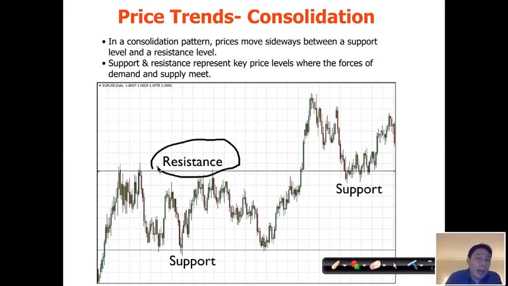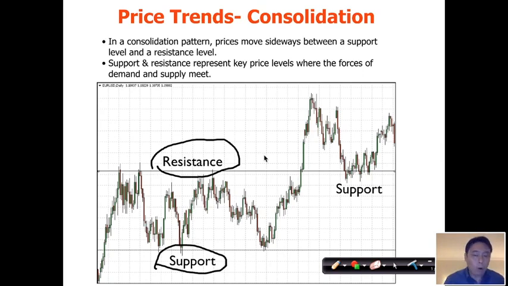At the same time, if the price wants to go down, it can't go down beyond a certain level. So price goes down to this level and boom, goes up again, again and again. Why? Because at this level there are many buyers waiting. Buyers are waiting to buy at that level because psychologically they feel it's cheap. So it creates what we call a psychological support level, a support zone. Support and resistance represent key psychological levels where the forces of demand and supply meet, and there's an imbalance: at support, more demand than supply; at resistance, more supply than demand. It creates this kind of ping pong pattern.